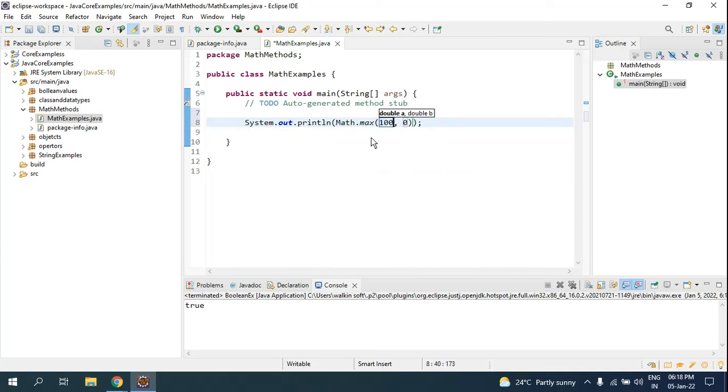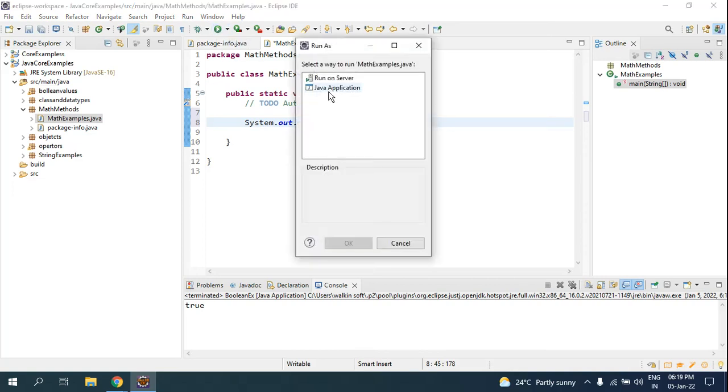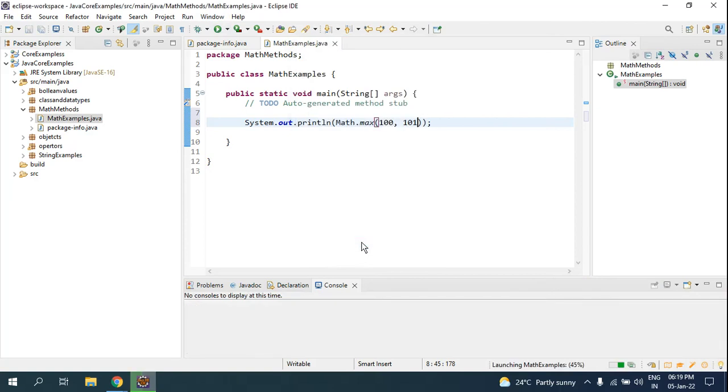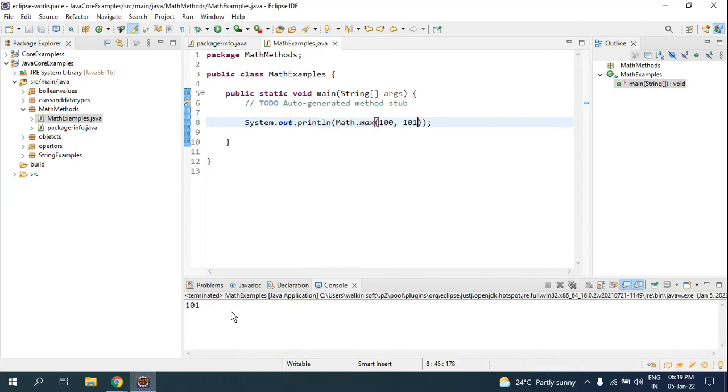I'll give here 100 and 101. Out of these two, which is the highest value, it's going to print it out. Look, 101. So this is the method we'll be using to get the highest number when comparing two numbers.